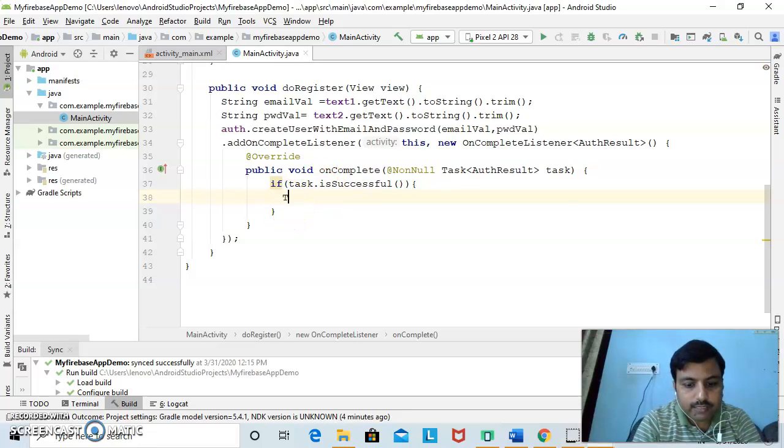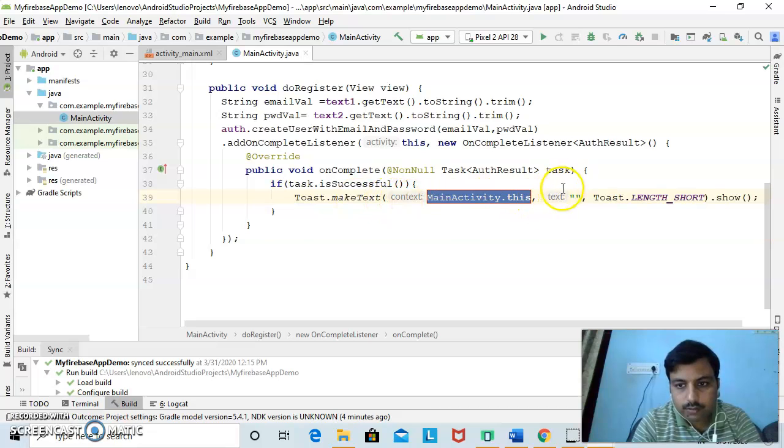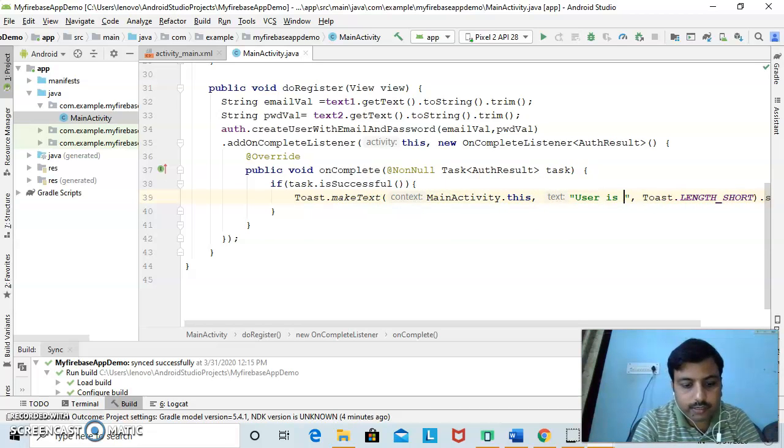So we will show the message on the toast, user have registered.